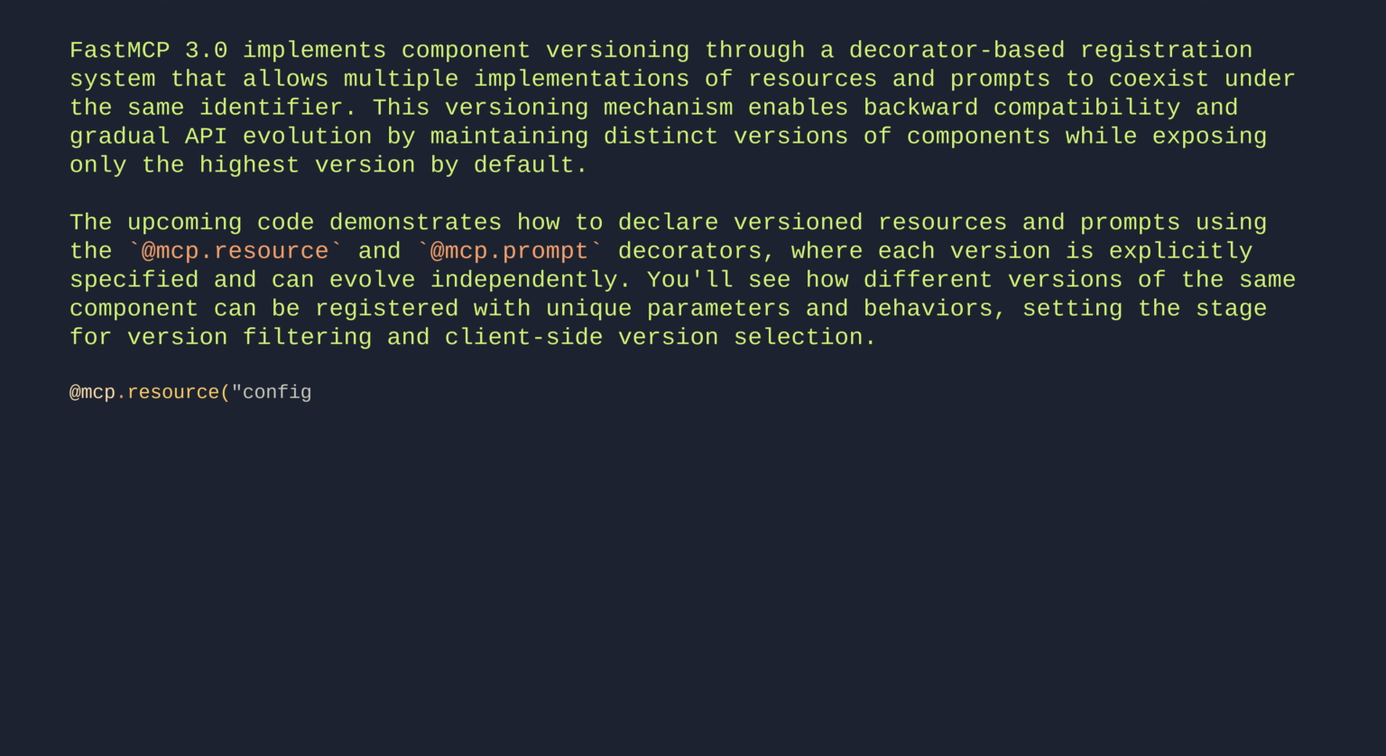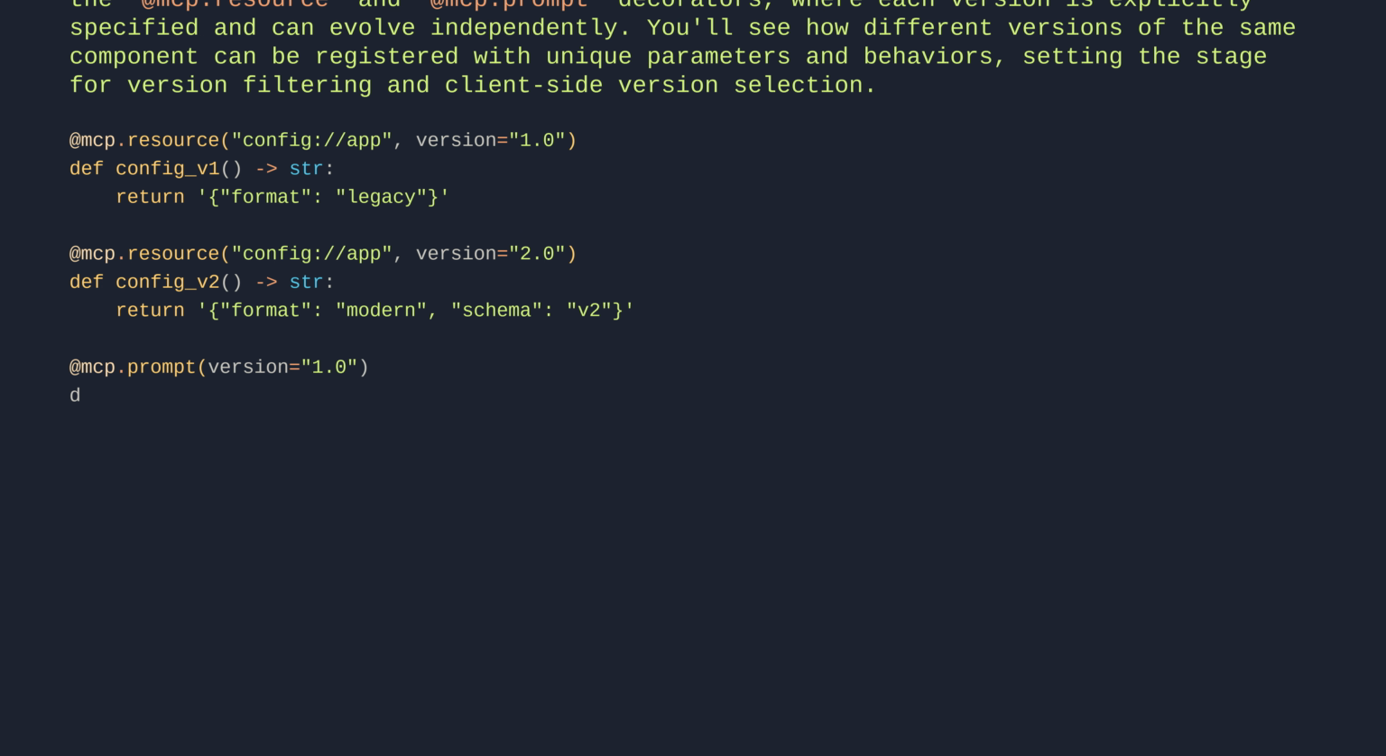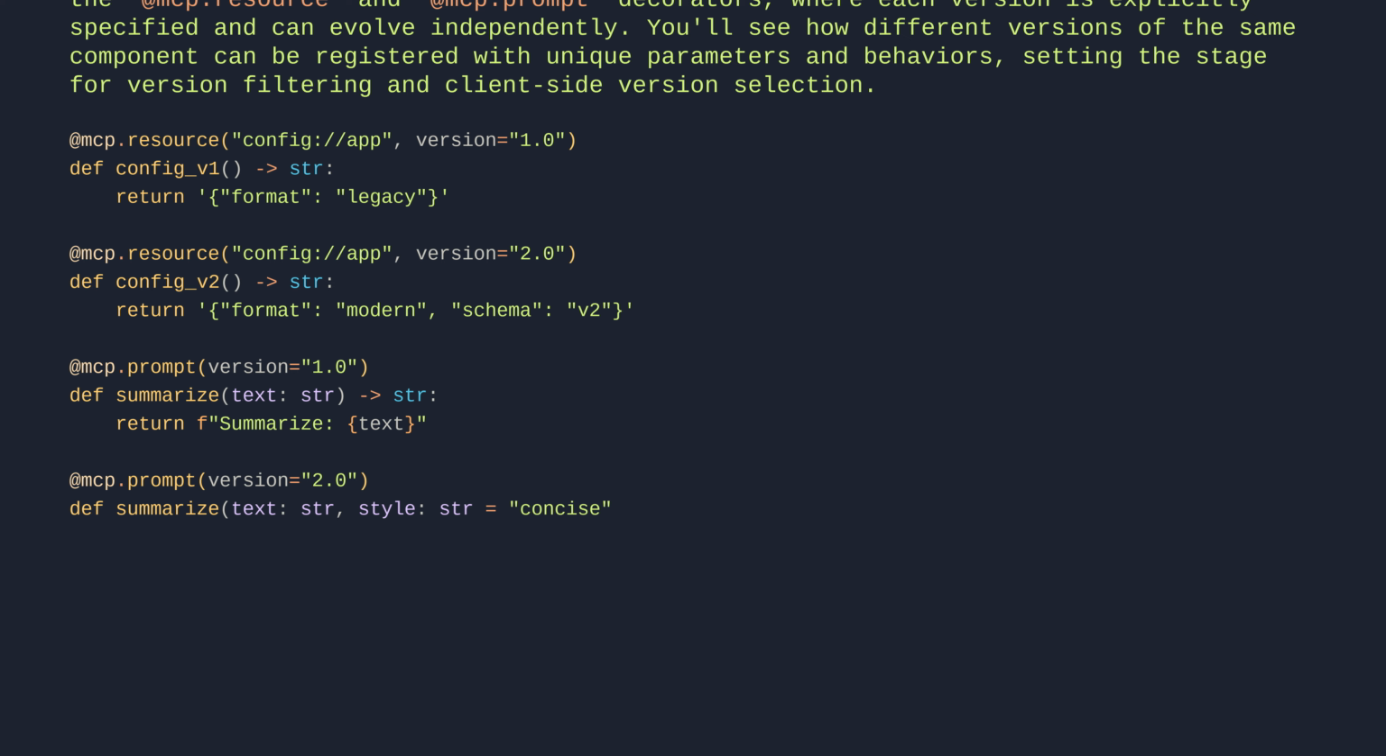@mcp.resource("config://app", version="1.0") def config_v1() -> str: return '{"format": "legacy"}' @mcp.resource("config://app", version="2.0") def config_v2() -> str: return '{"format": "modern", "schema": "v2"}' @mcp.prompt(version="1.0") def summarize(text: str) -> str: return f"Summarize: {text}" @mcp.prompt(version="2.0") def summarize(text: str, style: str = "concise") -> str: return f"Summarize in a {style} style: {text}"